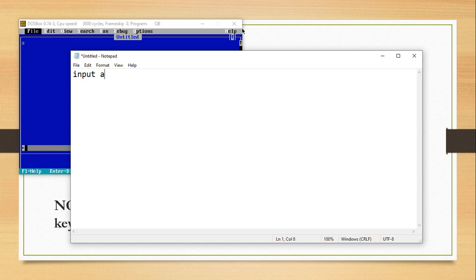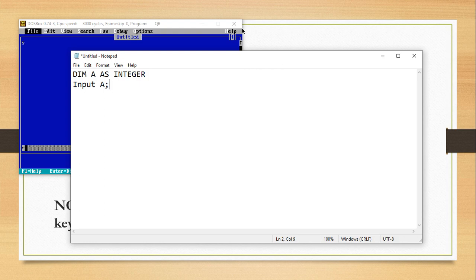Now let's assume I declare a variable, let's say DIM a AS INTEGER, for instance. Like I told you in previous videos, we can also store data into this variable a through inputs. This time around, instead of making an assignment, let's say assigning 5 to a, we want to input a value into a. So what we're going to do here is simply say INPUT